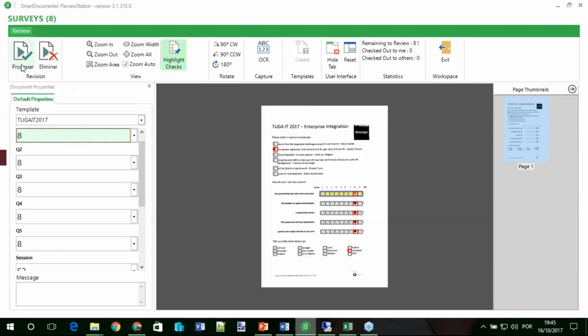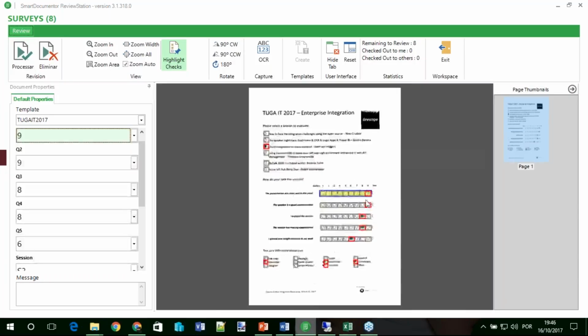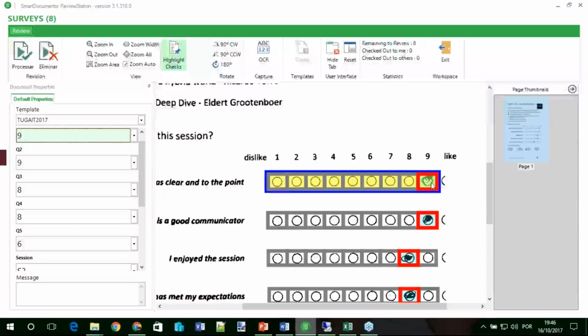Let me see if I have some here that is not correctly extracting the data. You see that even with a simple noise, the OCR was able to understand that. So yes, next.